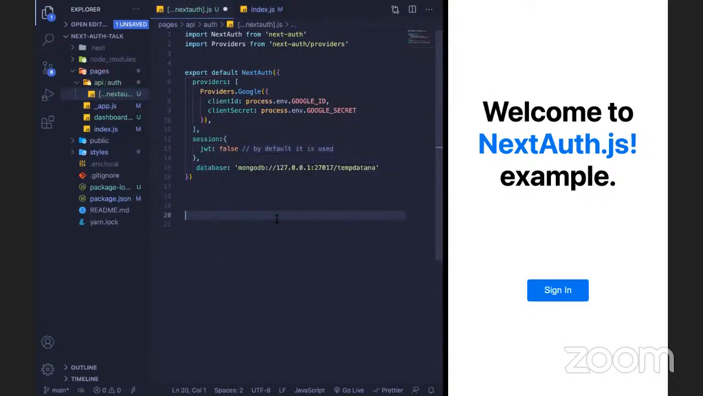Once I use the database property, all the user sessions will be stored in the database. So when the application has to check if the user is logged in or not, it will go to the database session and verify, instead of the JWT. I can keep it true or false. If the database is not present, JWT is true by default. Right now, I'm storing all the user information in the database. So if I click on sign in,